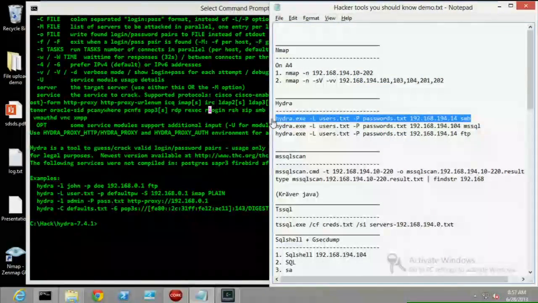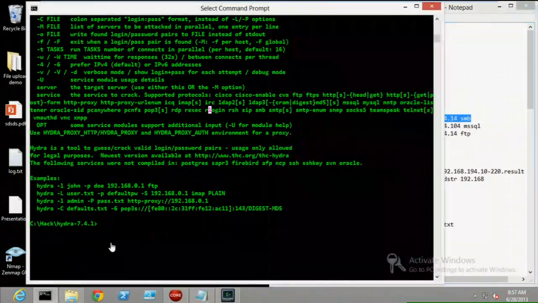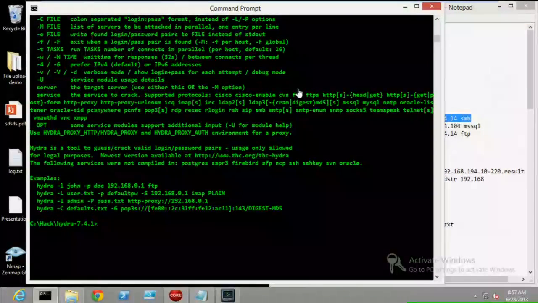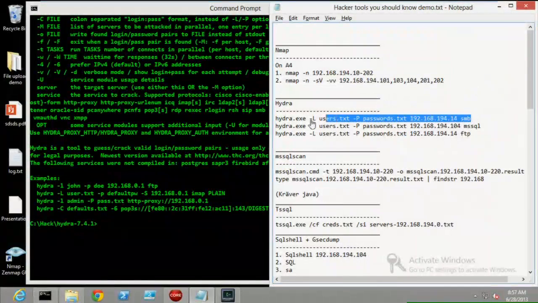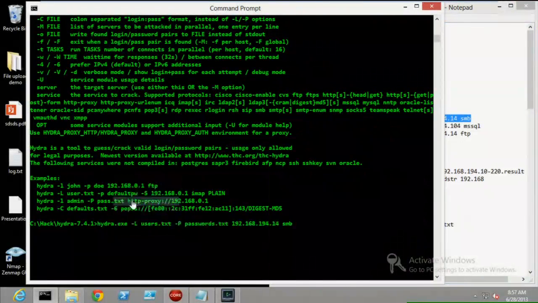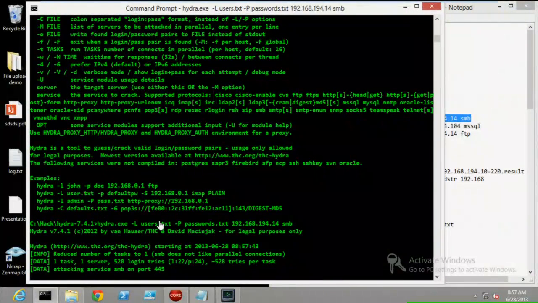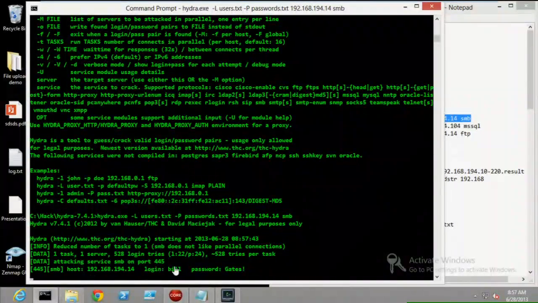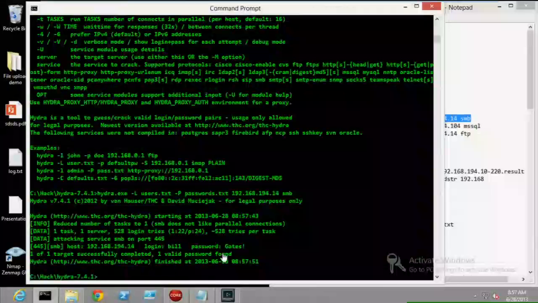So just to give you some example, I can brute force using Hydra. I can target this computer and use an SMB attack. So it says use this list of usernames, this list of passwords, target this box, and this is what I learned from my Nmap scan, and do SMB protocol. So doing that, I can just paste this, hopefully. Cut and paste is a pretty demanding technique on Fridays. Here we go. So as you can see here,